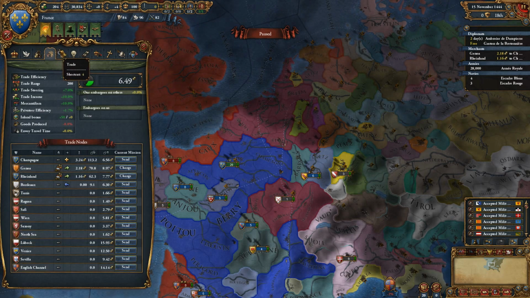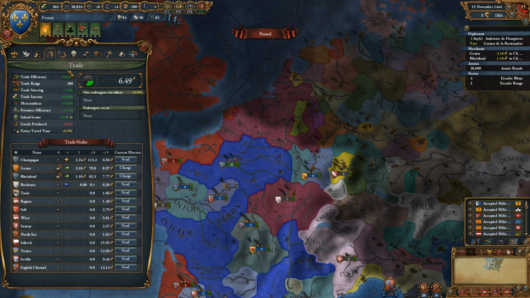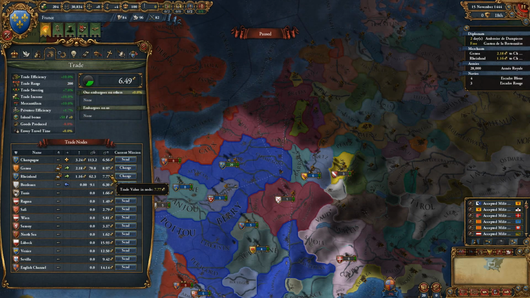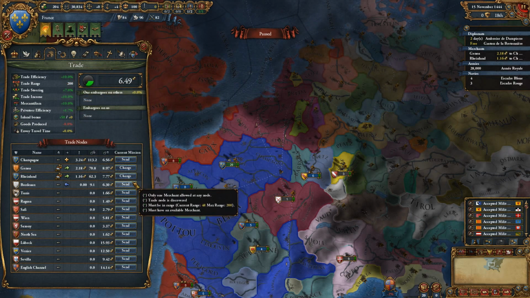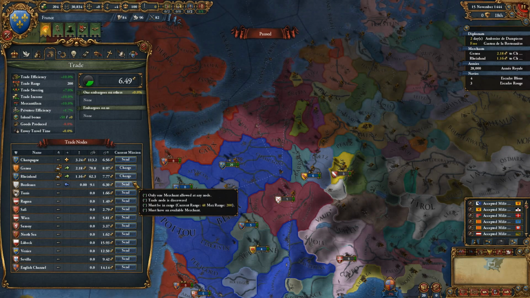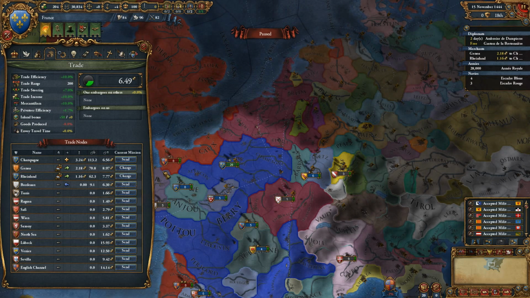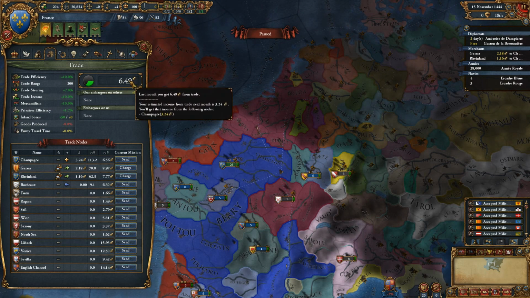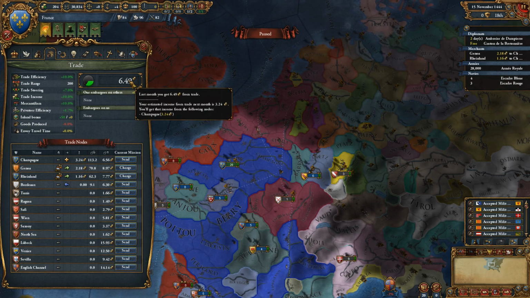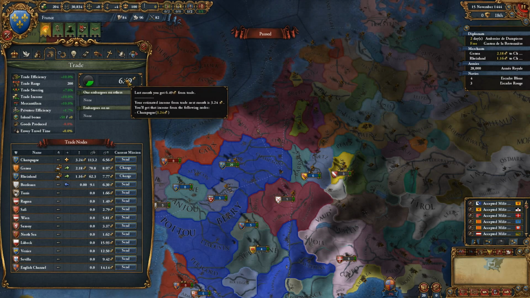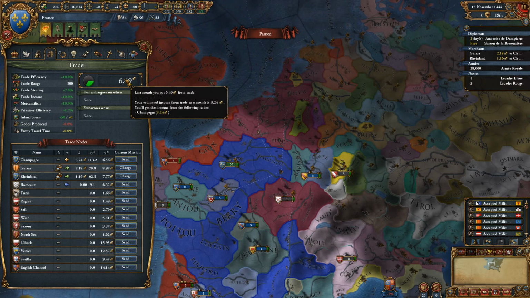Okay, trade. This is a trade overview. It shows your bonuses and penalties, also the trade nodes. This again will be covered in a separate tutorial because trade is a very complex subject, but in this window here you can see how much money you are earning from trade. And trade can be a very good source of income, especially for countries that focus on it, like for example